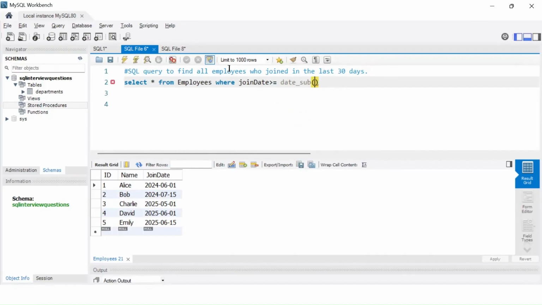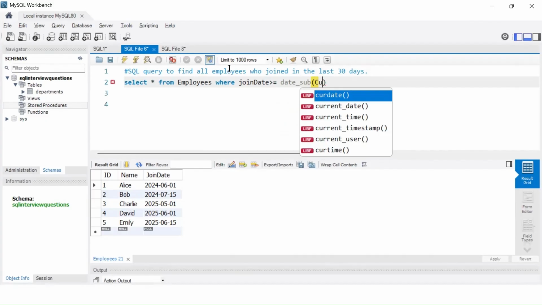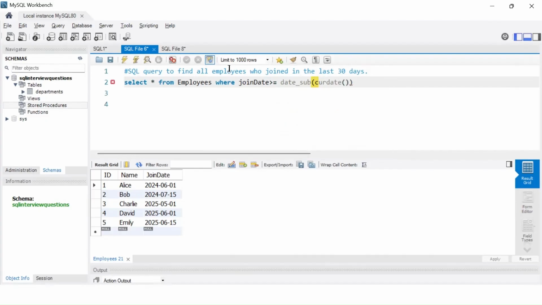I'm going to pass the current date, the date as of today, and then I'm going to make use of interval, which is a keyword. For the expression, in my case, I want to go 30 days past, so 30 and then day. Hold on, I think it's day. Yes.